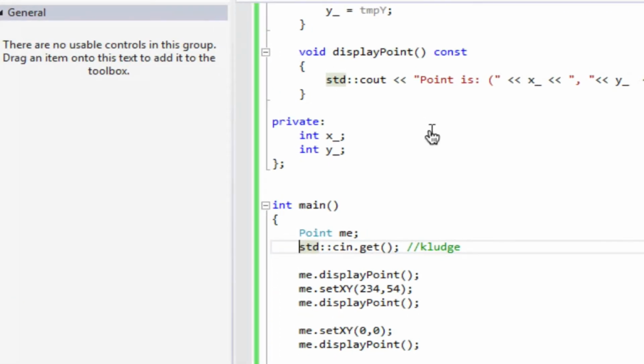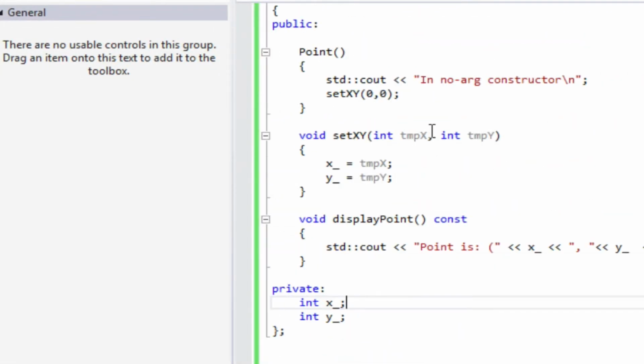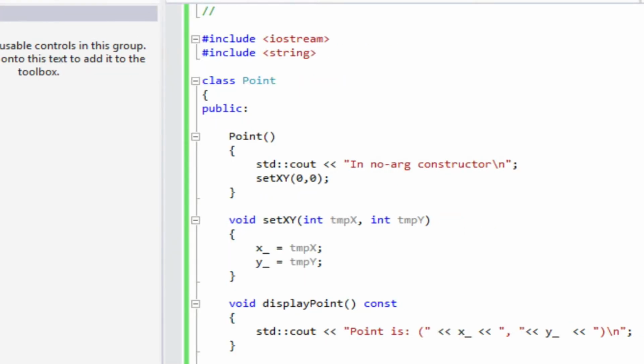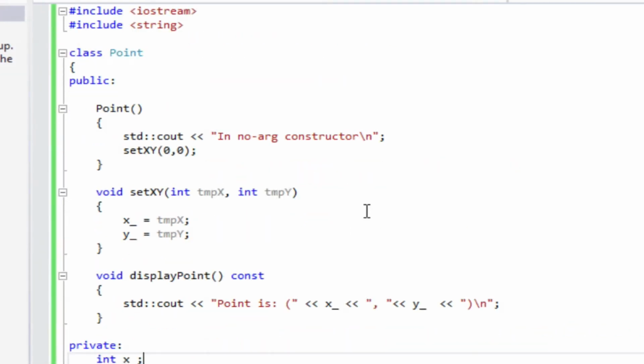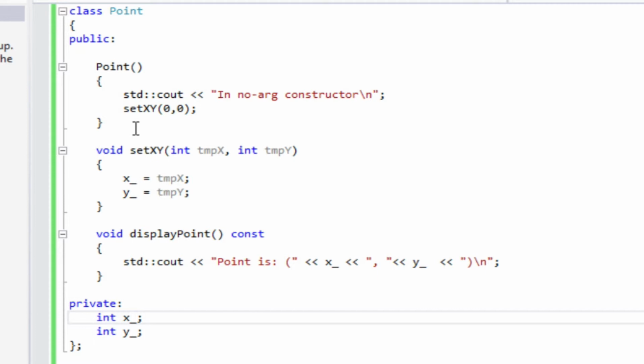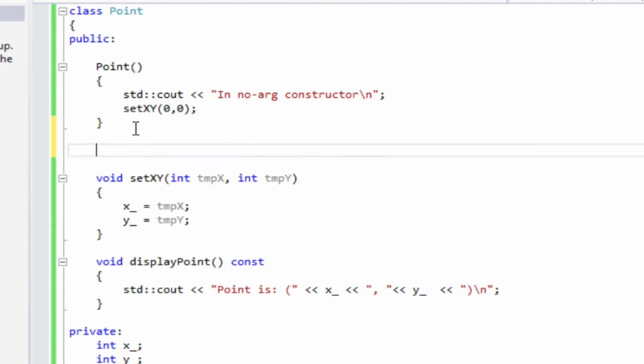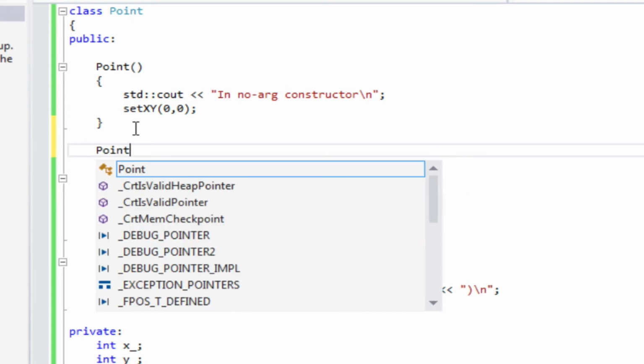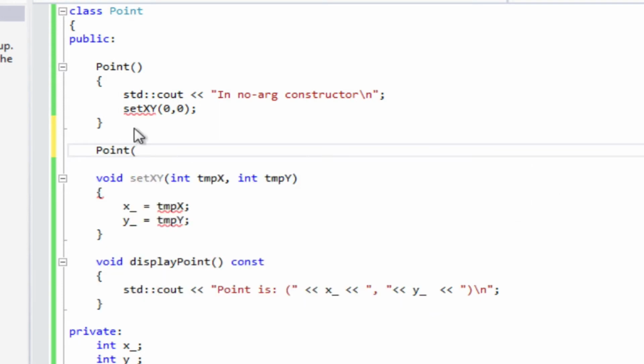And this worked before because if I don't create a constructor, the compiler creates one for me. Okay, let's create a constructor. Now, when I create a point, I probably already have a location. So what I'd like to do is be able to initialize it with a location when I create it. To do that, I'll create, in this case, a 2_arg constructor because it takes 2 arguments to set the x and y values